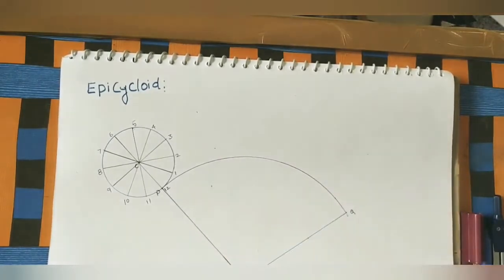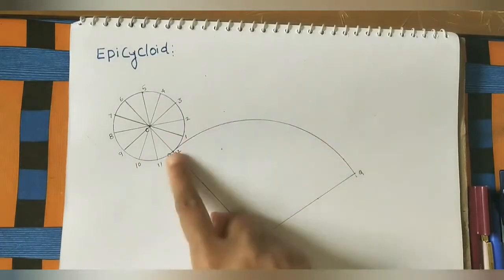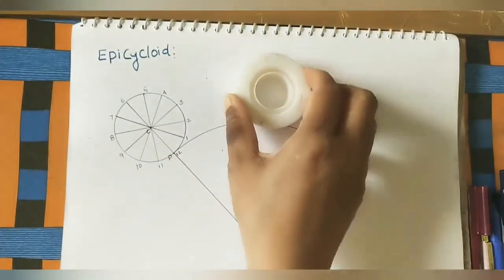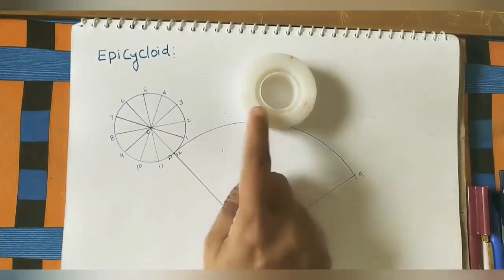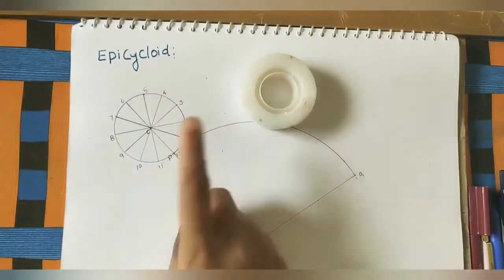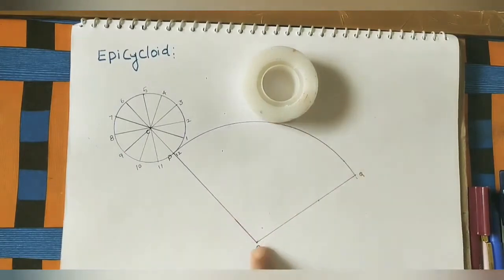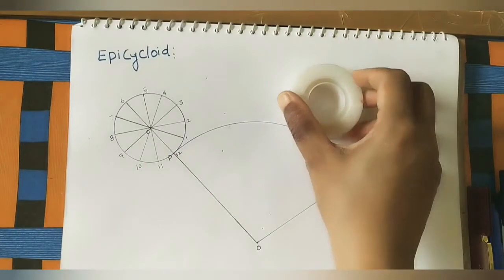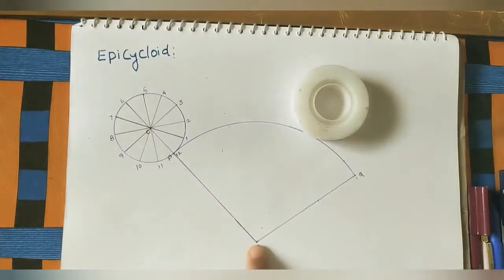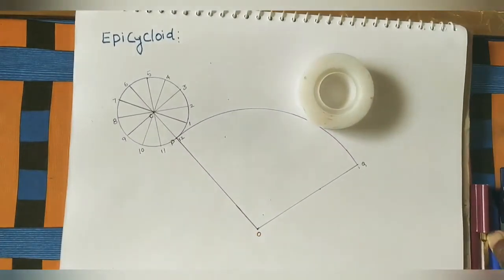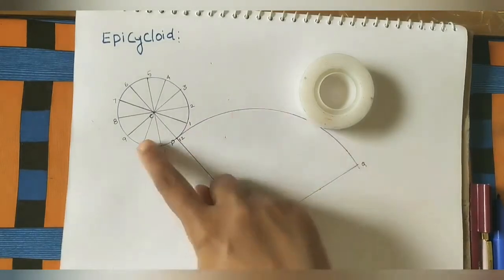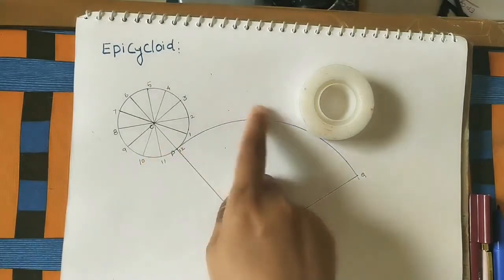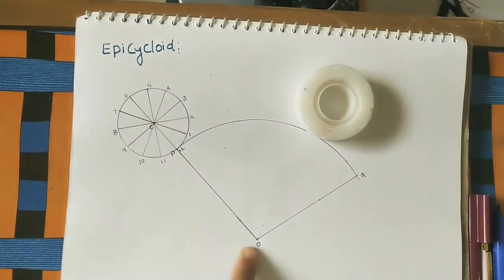Okay, as just told, this small circle is rolling on the bigger one. So centers are moving on the center curve and all these points are also moving. But the distances from the center are the same. Wherever the circle is coming, the distances of these points are constant. So take O as center. By using compass, shift all the points on the curve. Distance from this center point to all the points is constant. That's why do the arc with O as center.